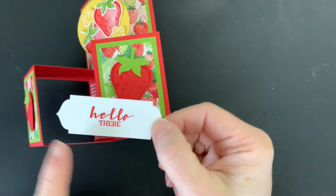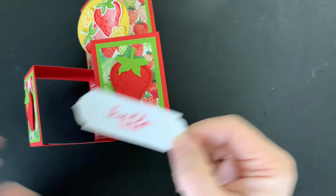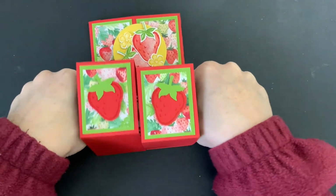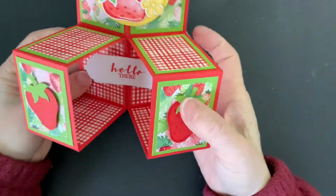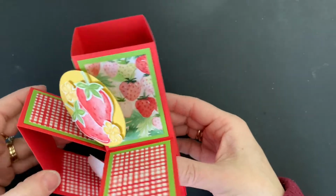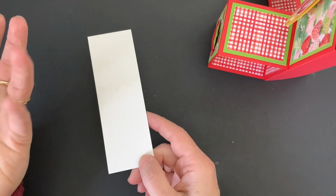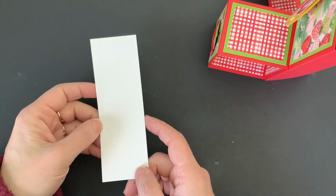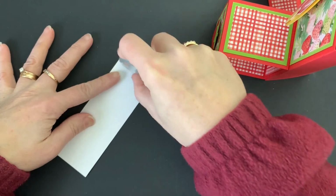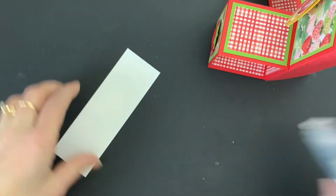For my sentiment, I have the greeting hello there, and it has been punched with the Treasure Tags Pick a Punch, and I'm going to do the same thing. I'm going to attach this on the inside, and I'm going to finish it off by taking a strip of Whisper White or basic white cardstock, whichever you have on hand. This is 1 3/4 by 5 1/4, and I am going to attach this on the back